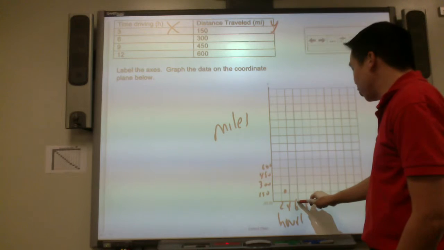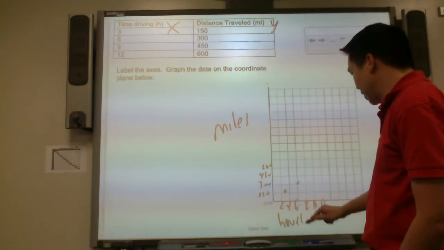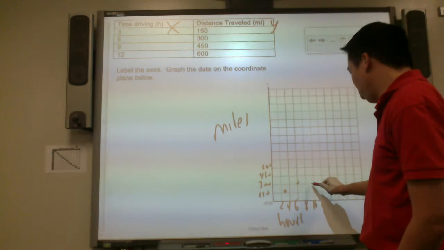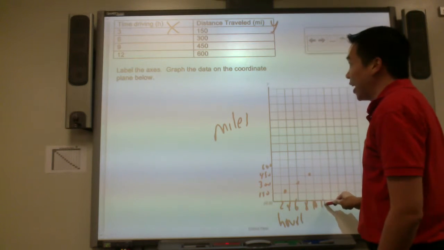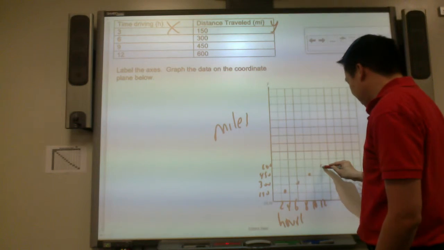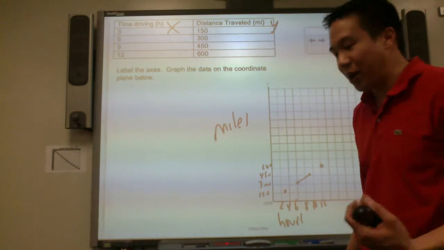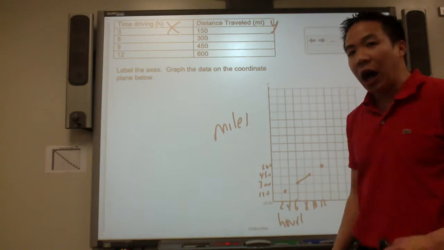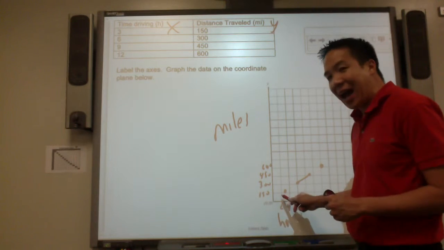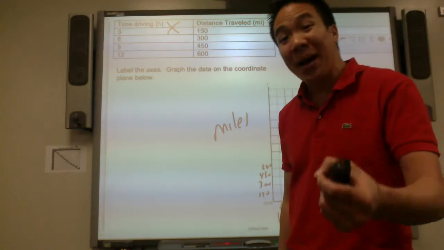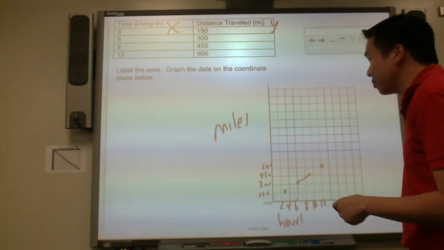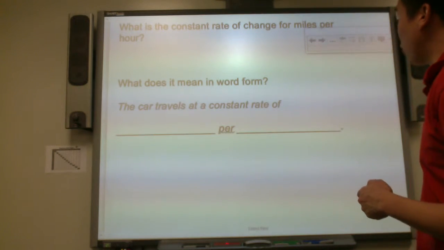In 6 hours, we travel 300 miles. In 9 hours, it travels 450 miles. In 12 hours, it travels 600 miles. So, is it a rate of change? Is it constant? Is it going up? For every hour, is it going up the same amount? A fixed amount. What is the constant rate of change for miles